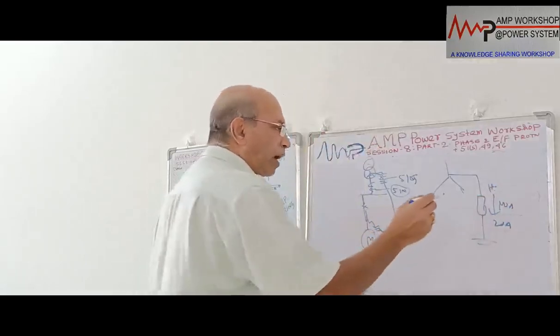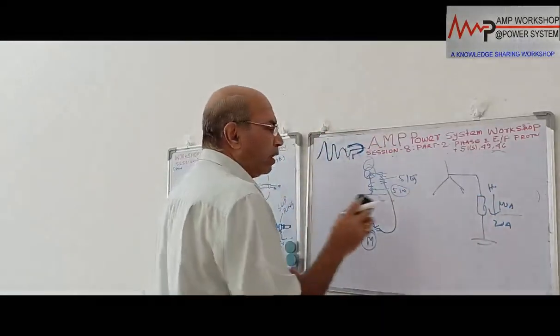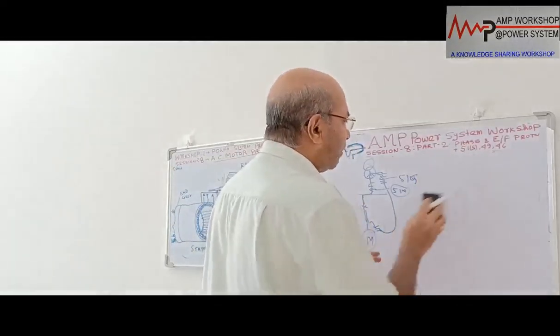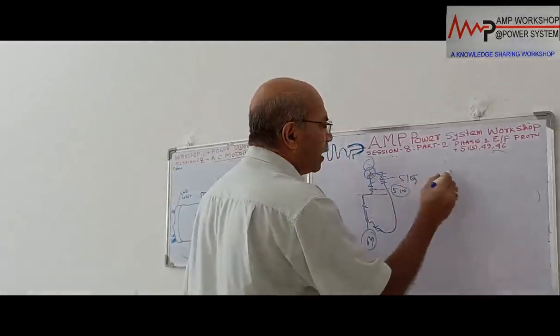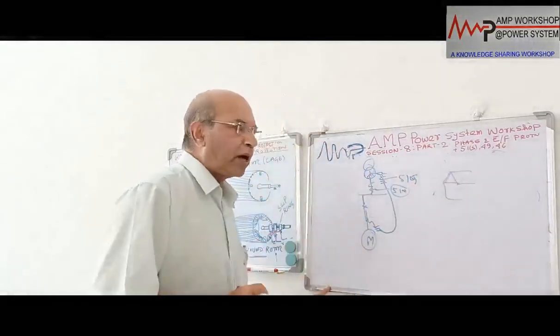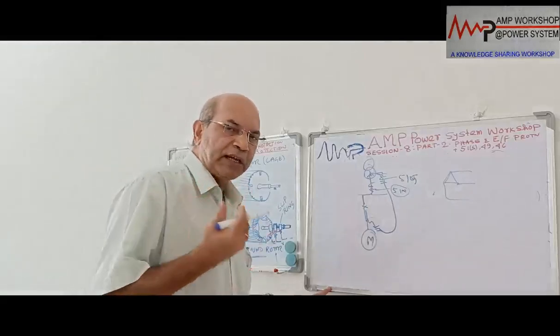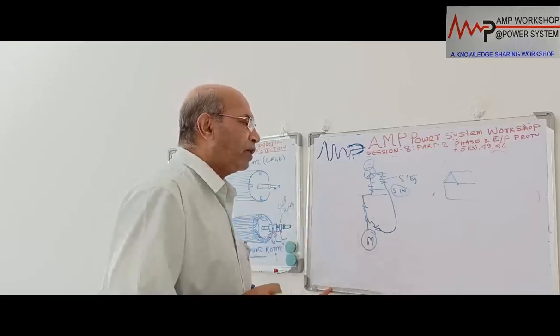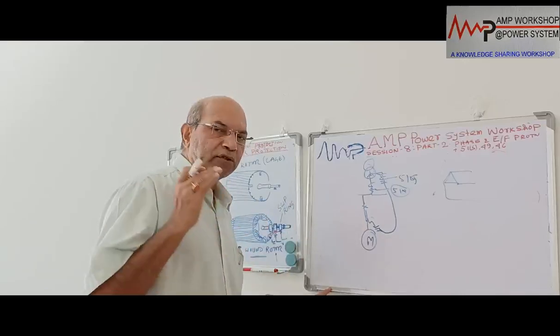And if the neutral is not connected, or it may be a delta connected system, where the upstream transformer winding is delta connected, in that case there is no neutral, there is no grounding, so no ground fault current will flow. So these are the different scenarios that can come into the picture, and depending on that we have to design the protection system. Now let us consider the solidly grounded system.